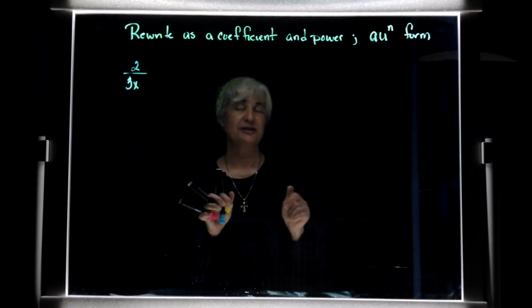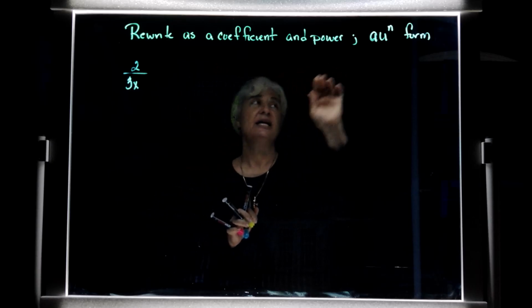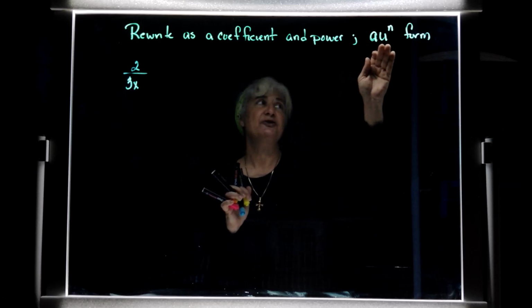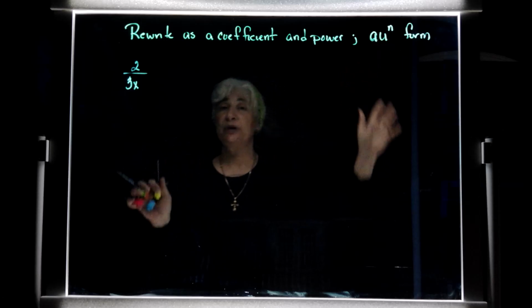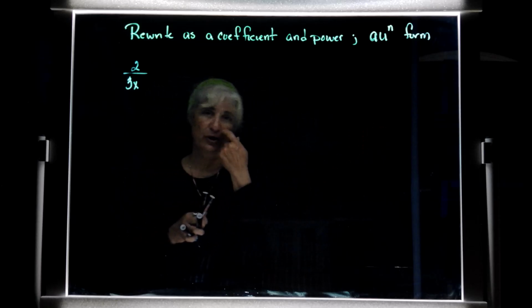You good? All right. Directions say rewrite as a coefficient and a power. They'd like it in this format: a being the coefficient, and then your variable to the power of n, whatever n happens to be. So if I take a look at this particular problem,